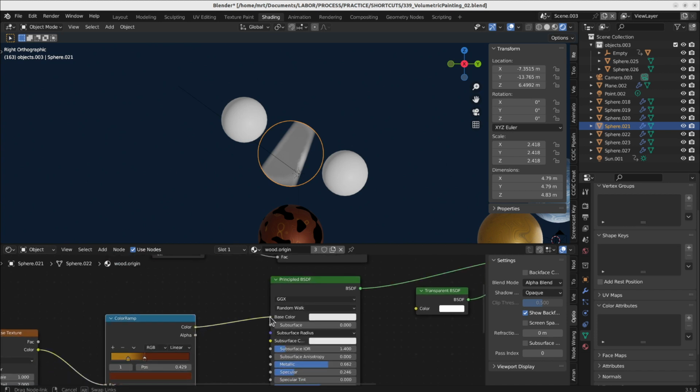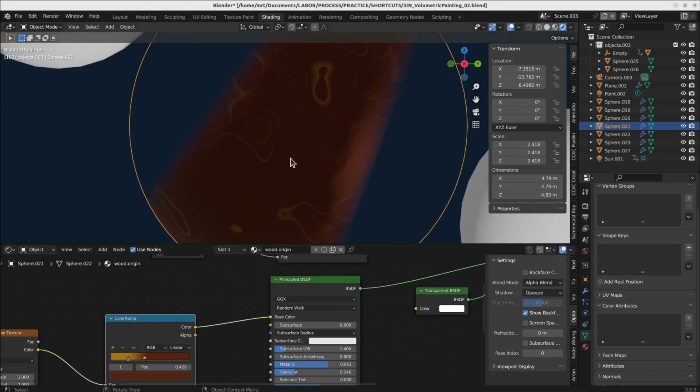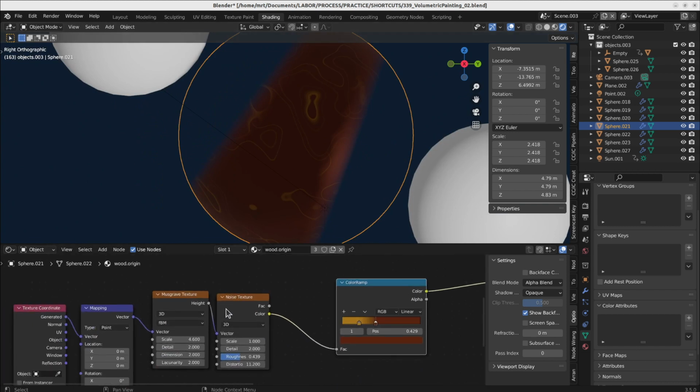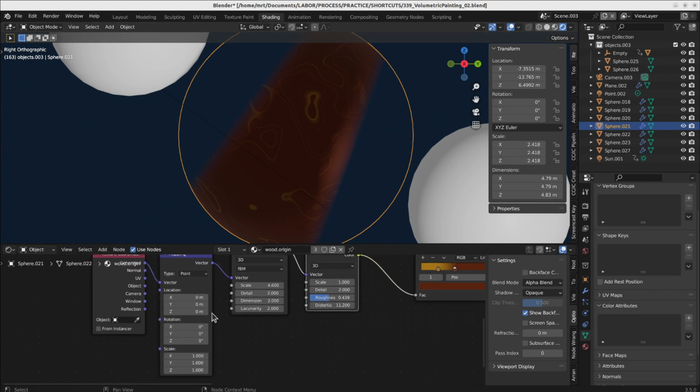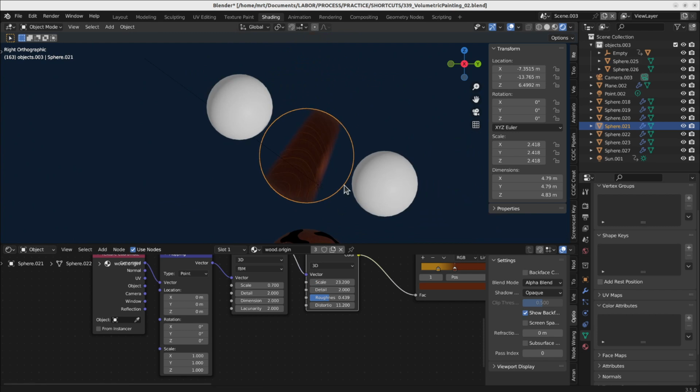On top of that, I started to play a little bit with Musgrave textures. Maybe you know, if you take one Musgrave and one noise texture, it's basically this nice wood pattern. You can also scale it a little bit or play with it again. Deal with both types to create really nice wooden patterns. If you go a little bit further,